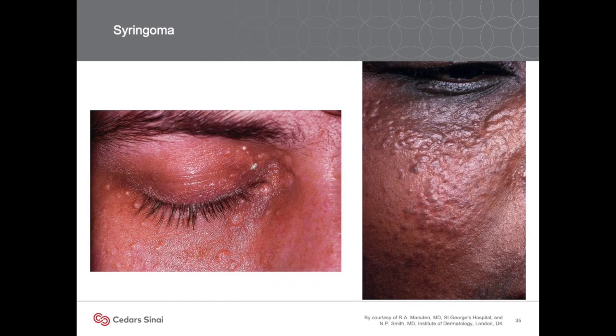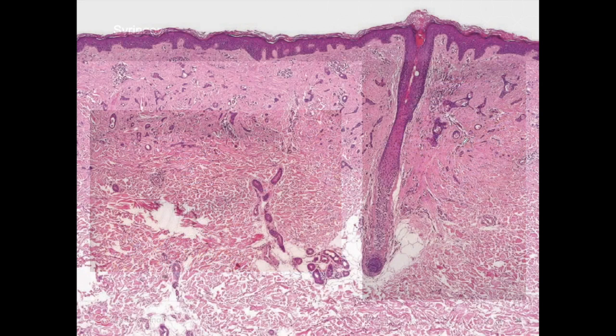So clinically, we can see the typical periorbital distribution of these small papules. In severe cases, there can be extensive involvement of the cheek. And